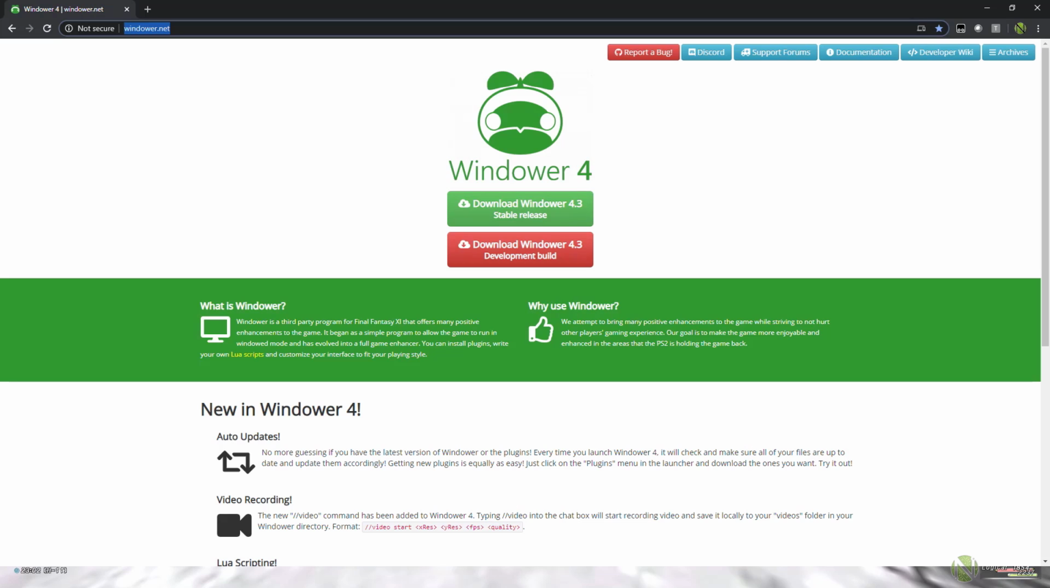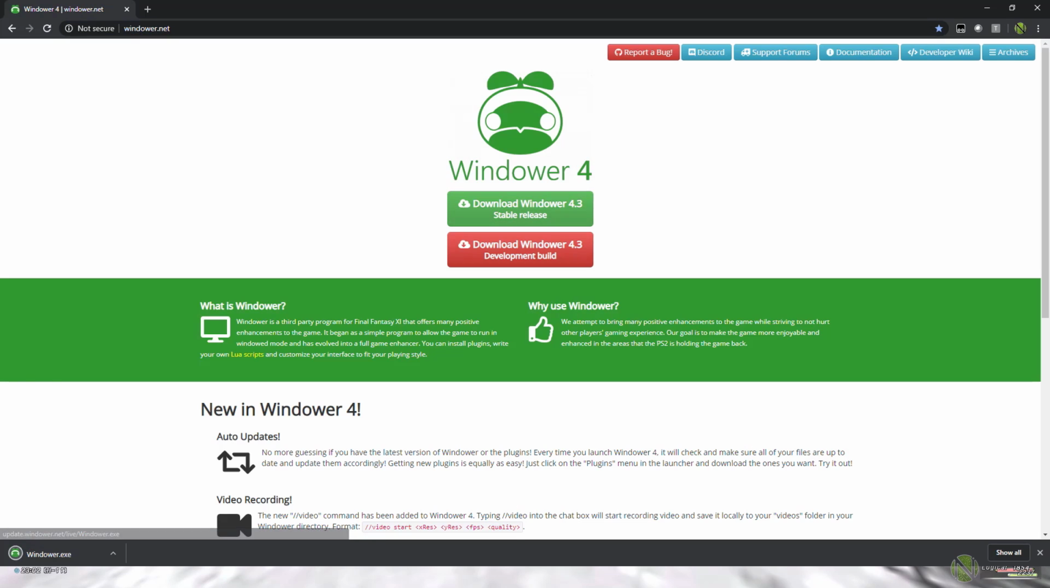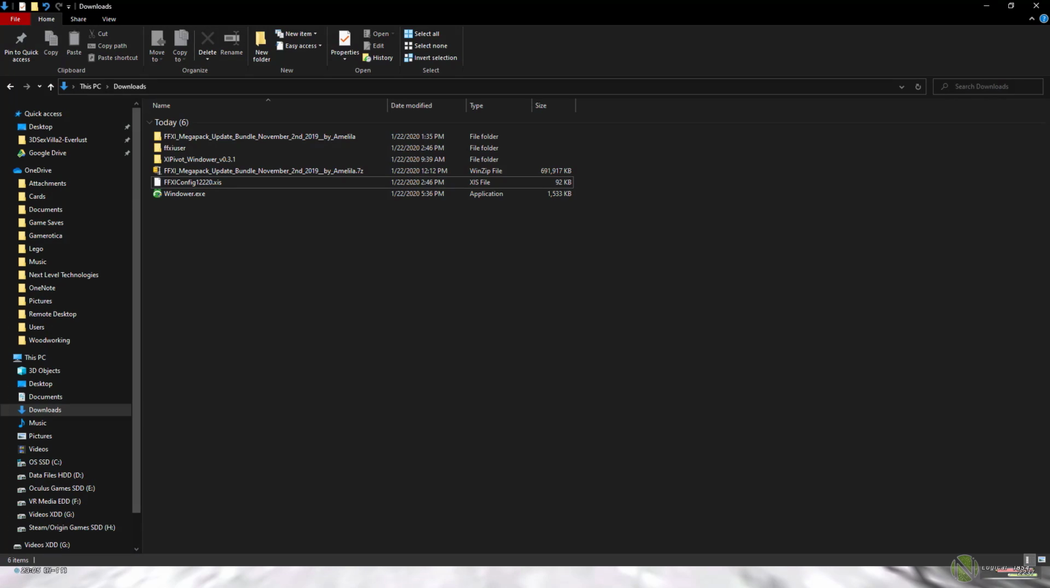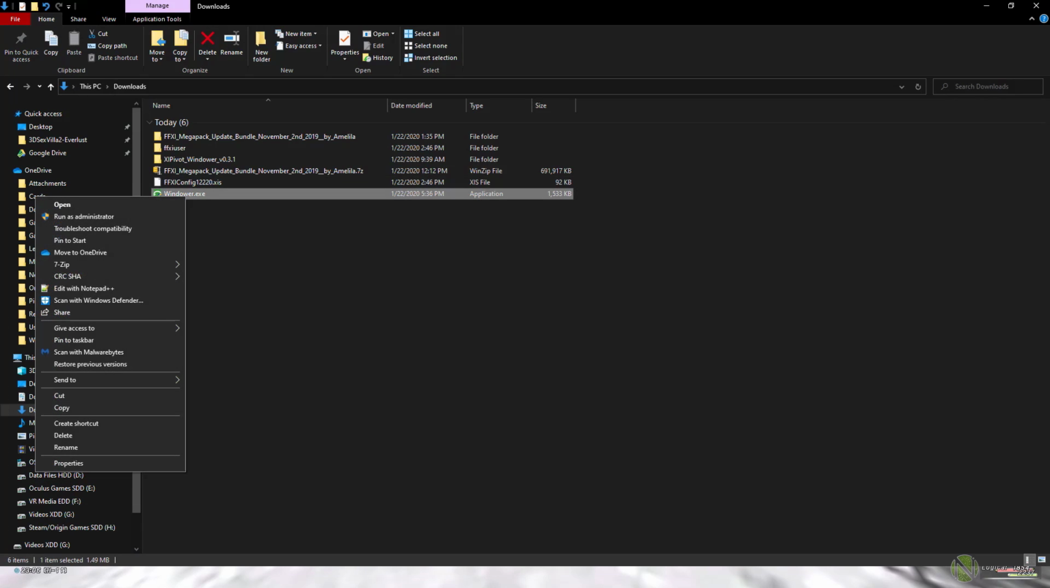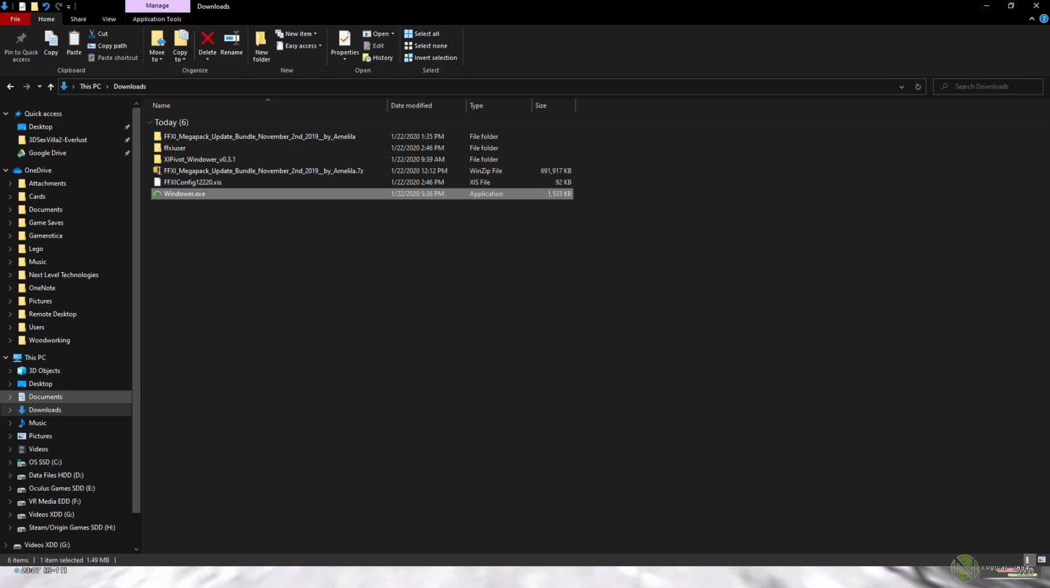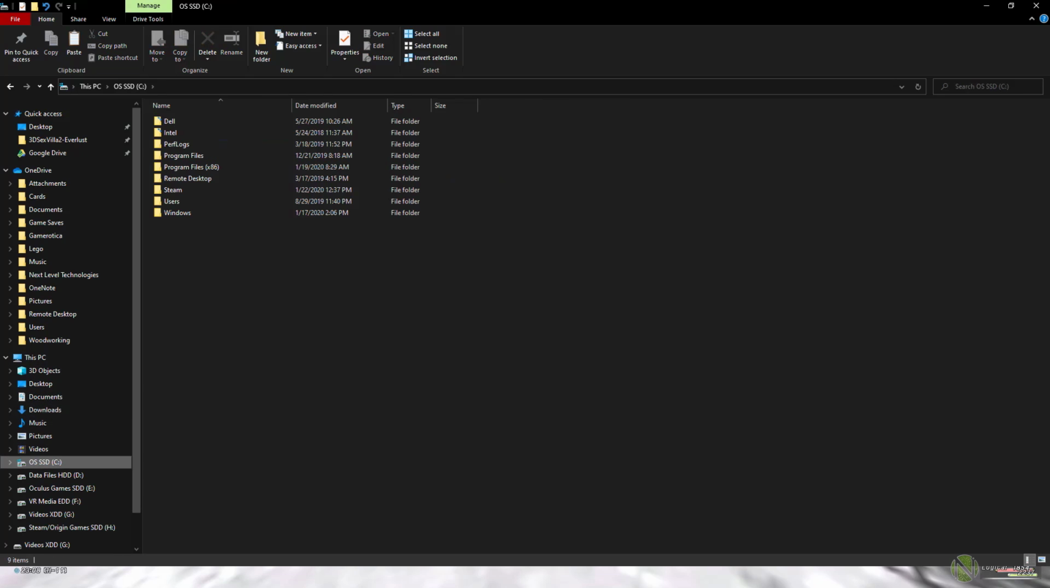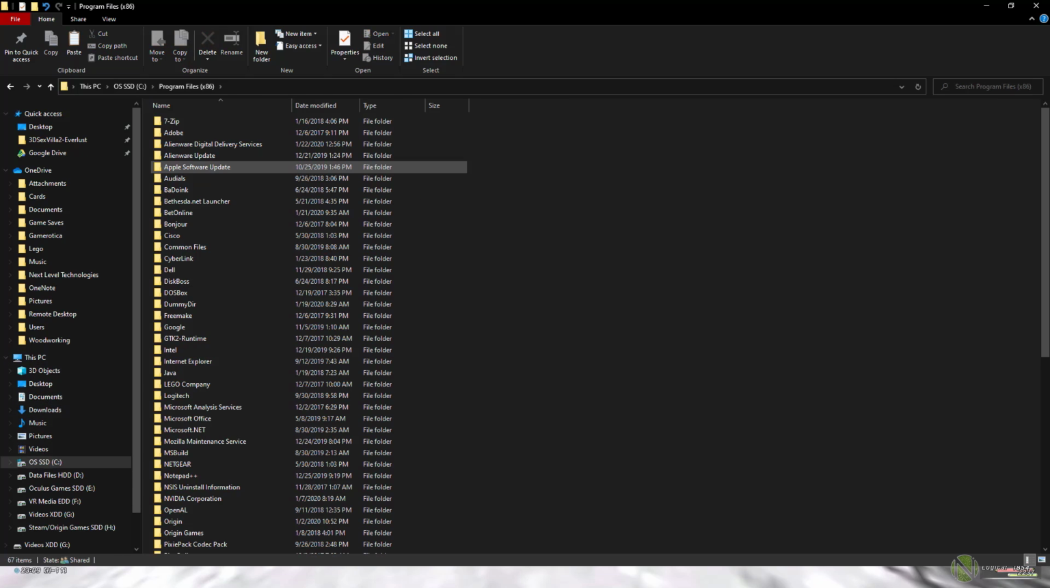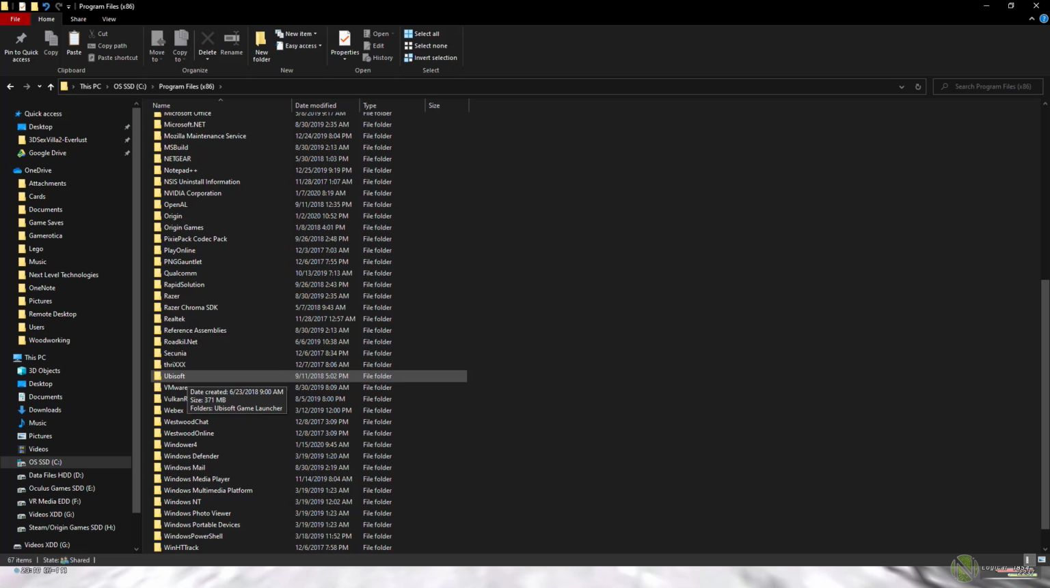Go ahead and go to windower.net in your web browser and then click on the green Download Windower 4.3 button. This will download a windower.exe file. This is the actual Windower program, not the install program, so do not try and run it from this location. Instead, you want to cut the file and then paste it to where it is we're going to put it. I like to put it underneath Program Files, x86, create a folder called Windower 4, and then put it under